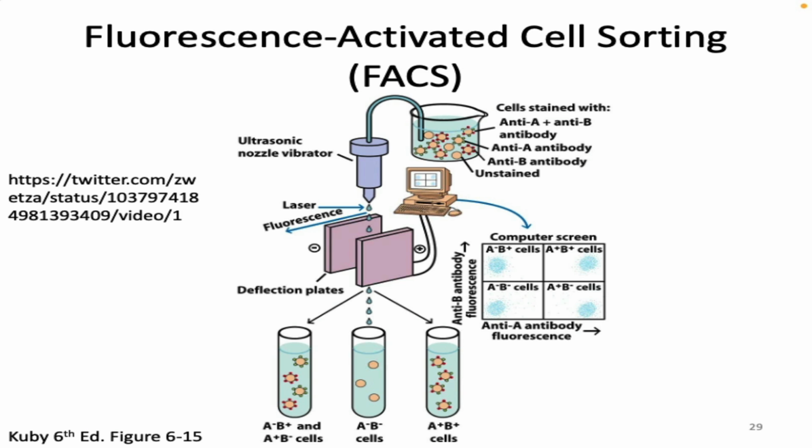And the computer is going to figure out some information about them. And I am going to tell the computer, I want cells that have these proteins on their surface. I would like cells that have just protein A and protein B on its surface. Or I would like cells that have other things. The computer is going to figure out what that cell is while the droplet is falling,